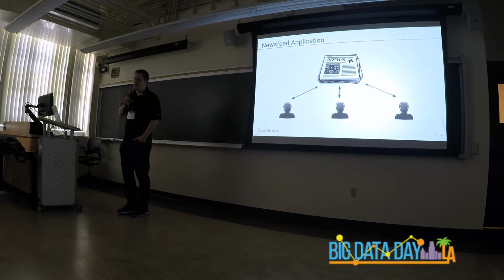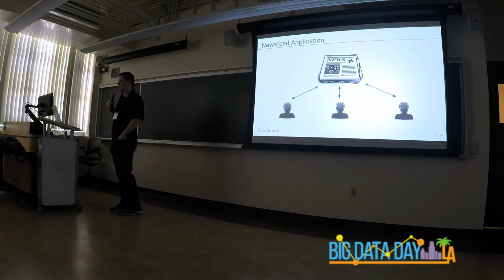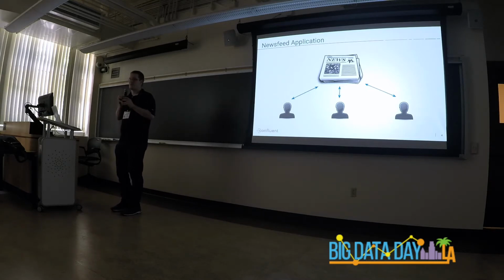So let's talk about a simple newsfeed application. Maybe one of those infamous reader applications that allows you to find some RSS articles and gives you a daily newsfeed of what's going on in your favorite news sources. And presumably it will use machine learning to try to figure out what you really like. It will have features like emailing you articles that you like, if that's what you choose. It'll have features like sharing articles. And of course, it'll be a network service, which is provided over the web.